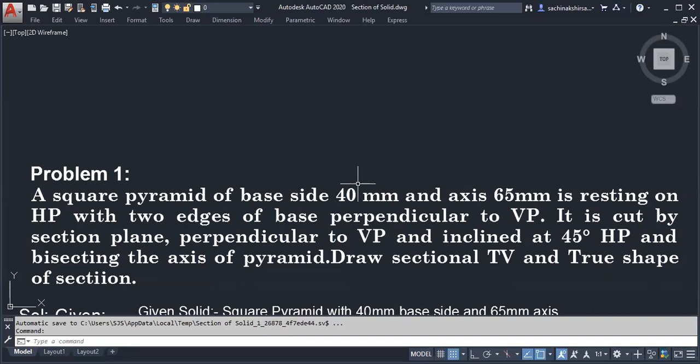Within one step, is it possible, or do we have to go for a second stage? Second stage. We have to go for a second stage because within one step it is not possible. That is the way we studied in the projection of solids chapter, which is most important.